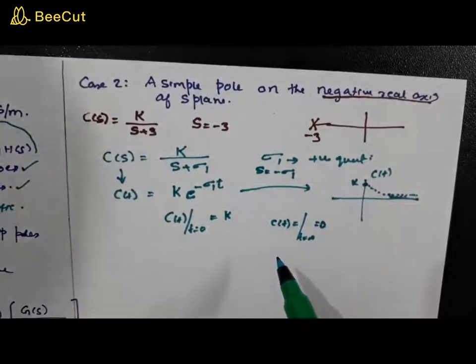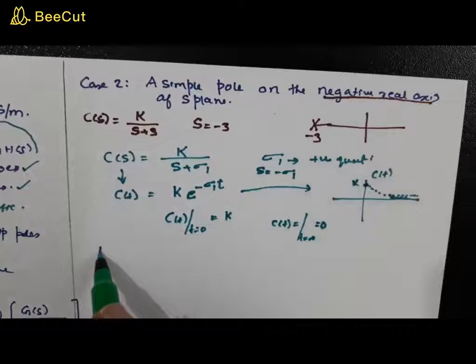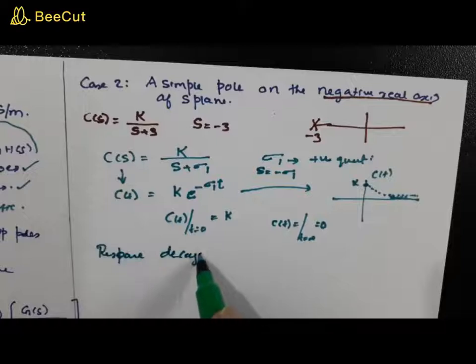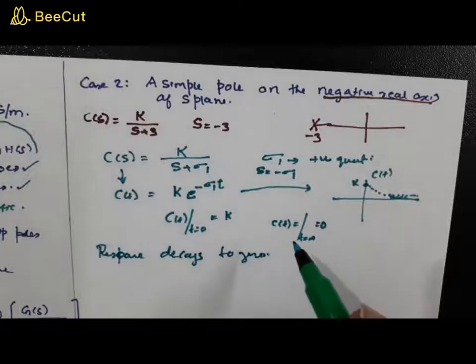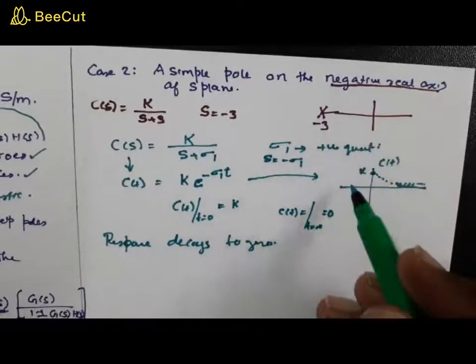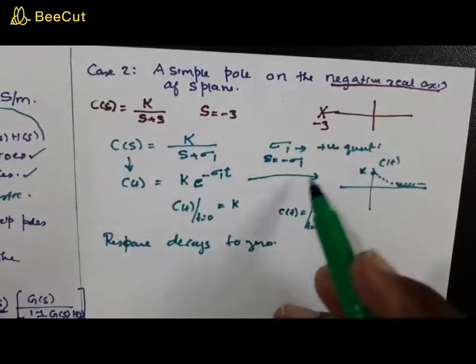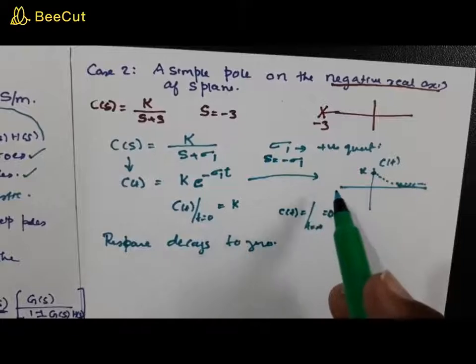So the impact of this is the response decays from 0 to t as t approaches infinity. So this response decays to 0, right? Now what happens when it goes farther and farther? As sigma 1 goes farther, again to the farthest of the left side of the s plane,